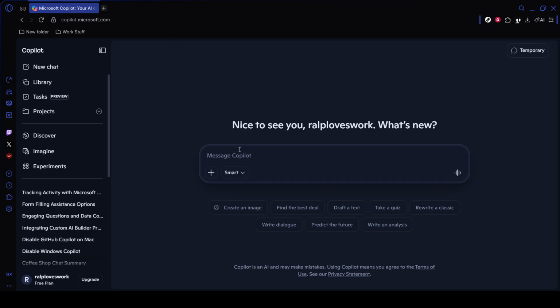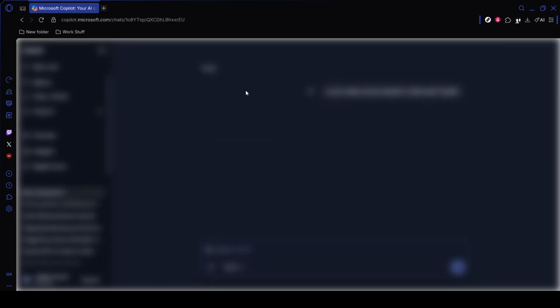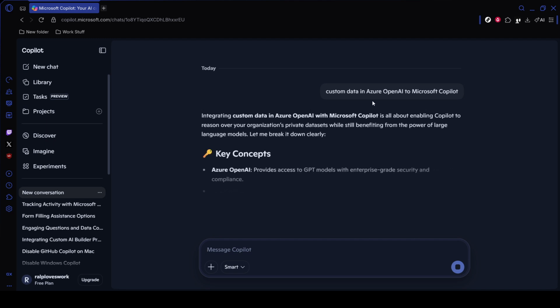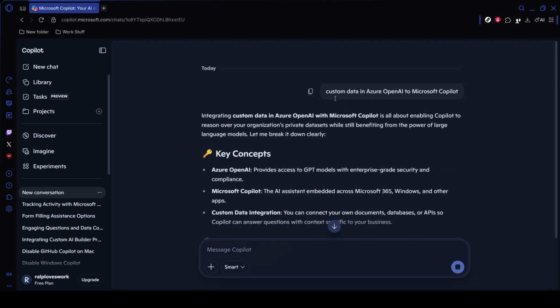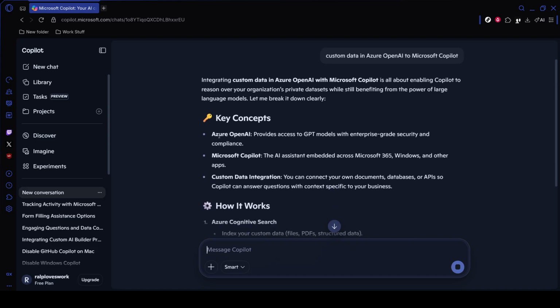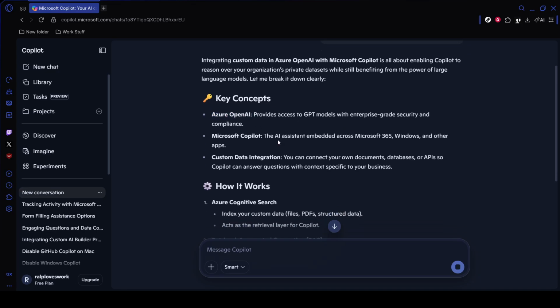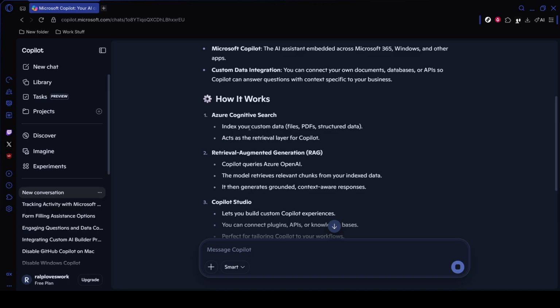Next, connect your enterprise data source. Choose the source that fits your setup, such as Azure Blob Storage or Azure AI Search. Upload your files if needed, then create an index. That index is what allows the system to search your business documents efficiently and return relevant information during conversations. Depending on the size of your content, indexing may take a little time, so wait until that process is complete